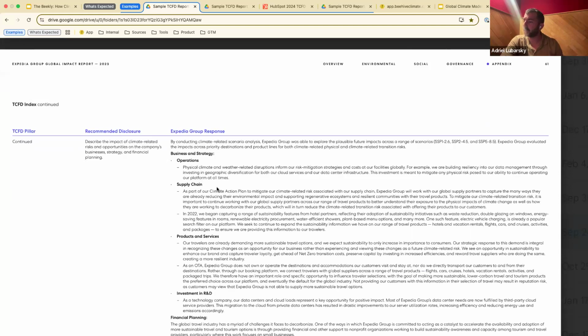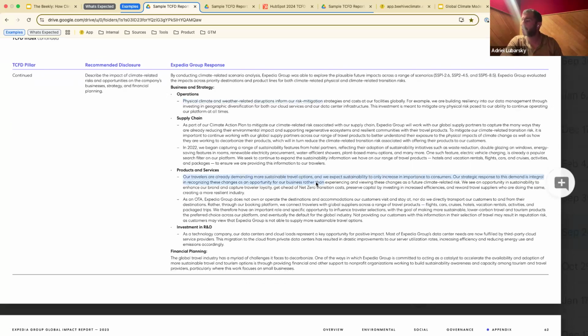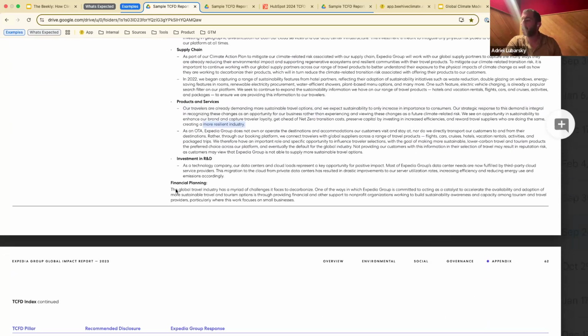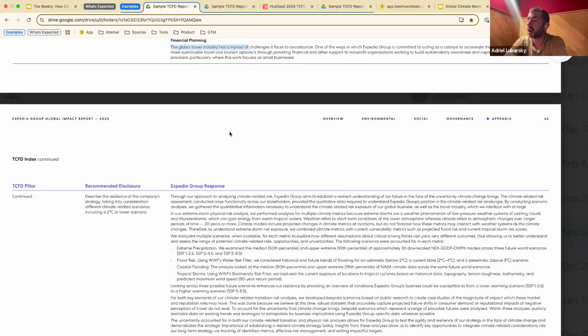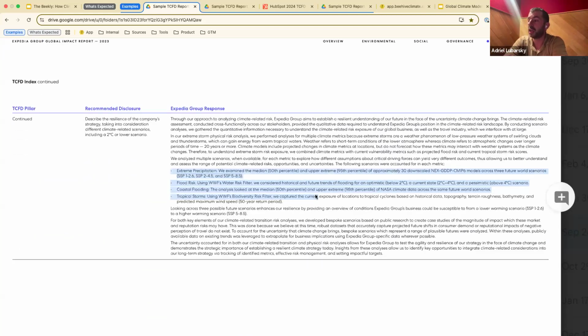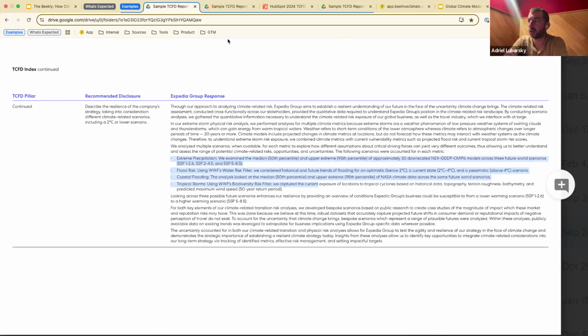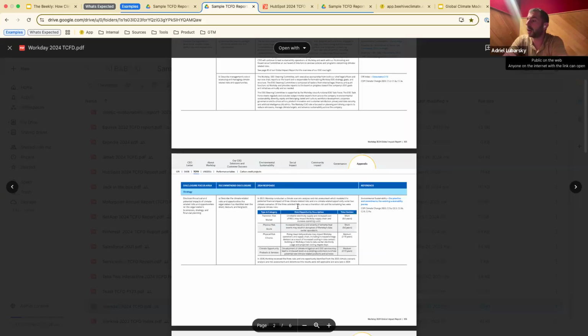And there's a few interesting things here where they talk about the weather disruptions that might affect their operations, how their travelers are just demanding safer and more resilient travel options. And they even talk about how it's going to affect financial planning because they now need to figure out how to move their travelers to places that are safer. If everyone wants to go to Bermuda, but Bermuda rains for 20 more days a year than it would have otherwise, that will decrease revenue from Bermuda sales, and they need to be aware of this. So that's how Expedia talks about this. And you can actually see a lot of detail here in their physical risk assessment because of how material this is. You can also look at a company like Workday.